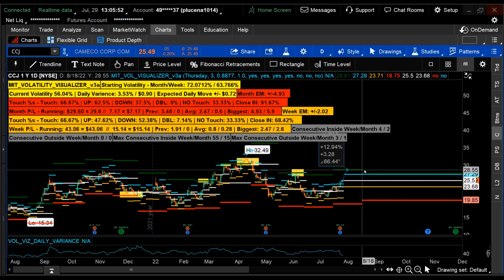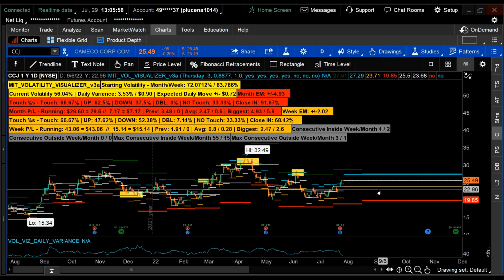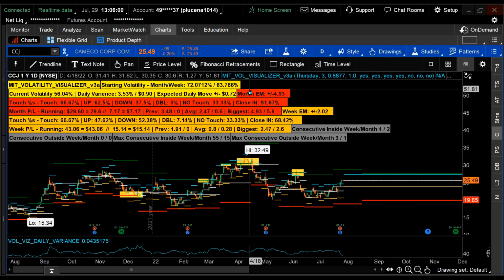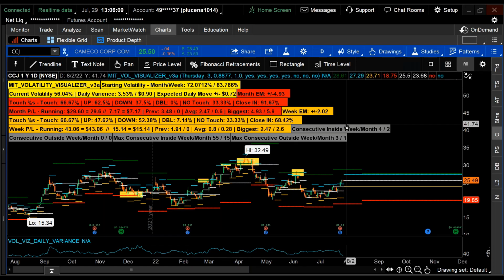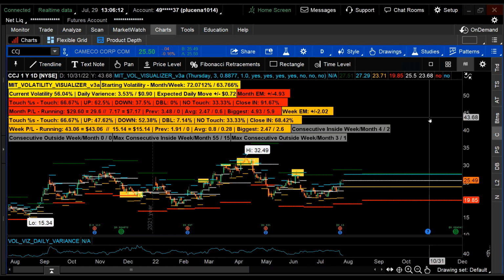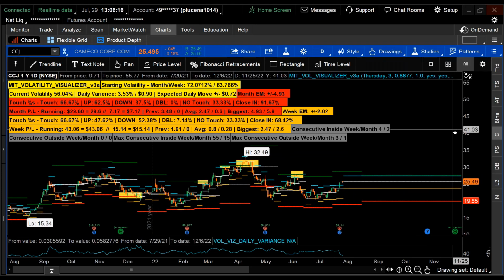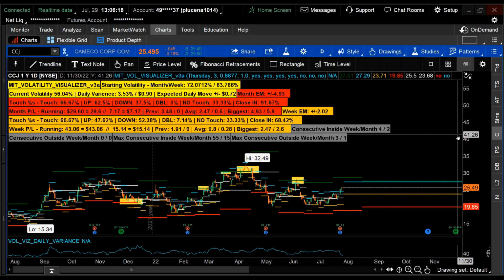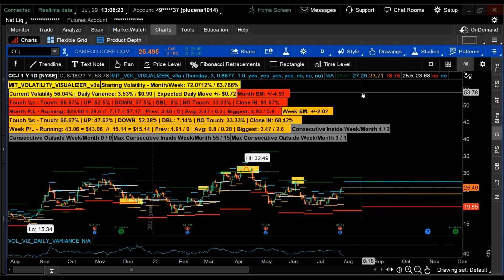So the next iteration, I guess, is how do we find the names? How do we find the names, for example, based on all the statistics that we know from the vol-viz? This may have been an idea, a member idea from some time ago. I'm not really sure. I don't recall. I believe it was. I believe there's a reason why I'm thinking this, but I got to give the credit